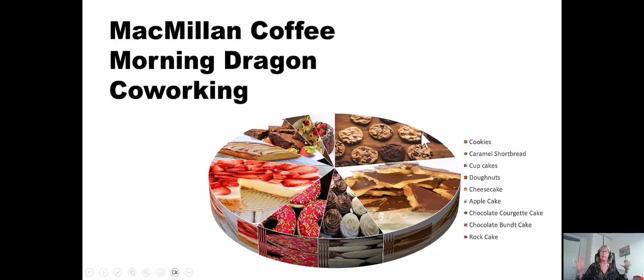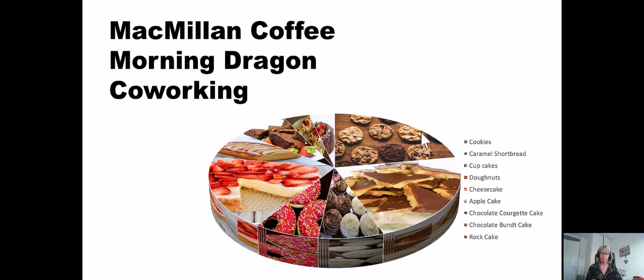Now, to make this stand out, I've actually used pictures rather than colours. So I'm going to show you how I put this pie chart together, and how we can make the pie chart talk to Excel. When we change the figures in Excel, it will automatically change in PowerPoint. Although you can do charts in PowerPoint, Excel is so much better at doing them, and generally the data is in Excel first. So let's jump in, let's put this cake to good use, and make a chart of our